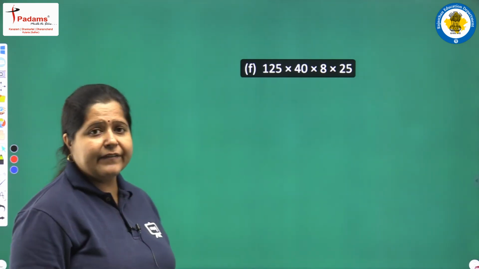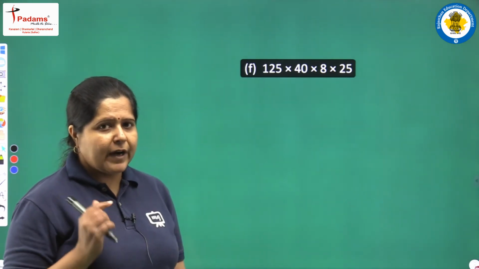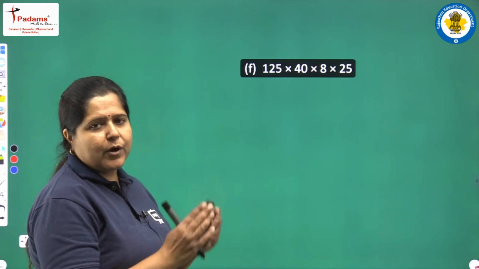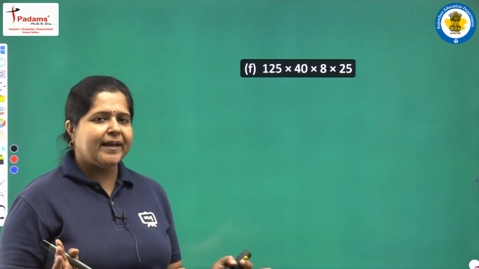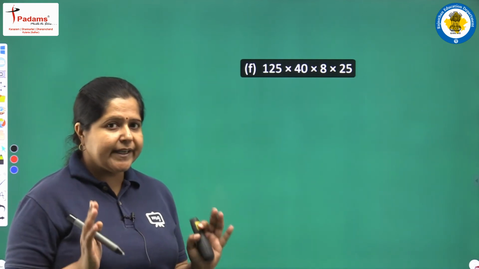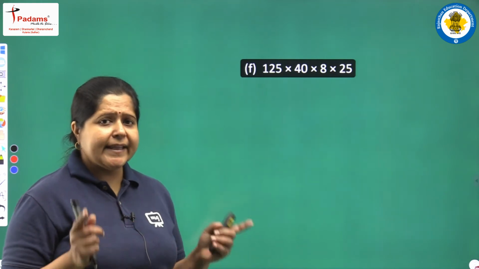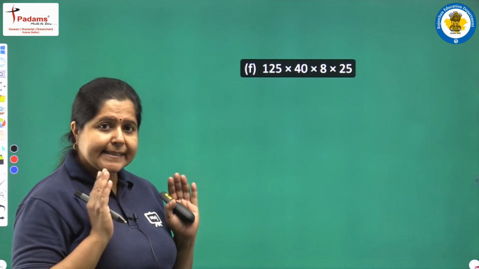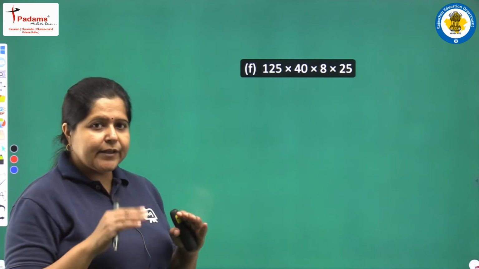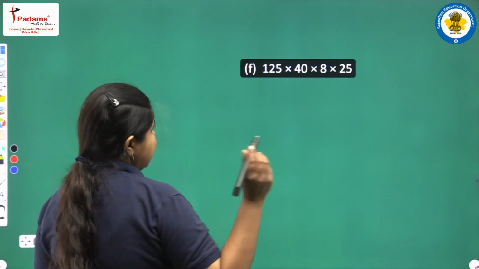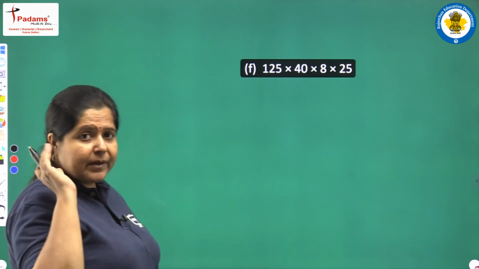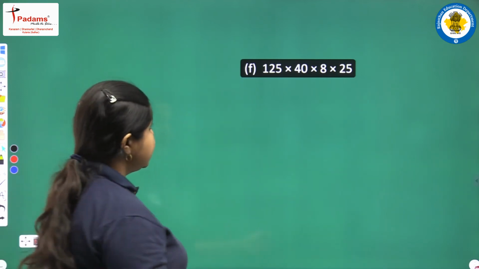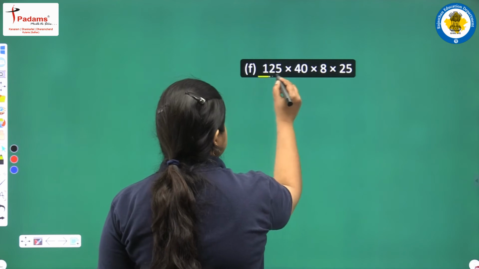Here again we are having 4 numbers. One way is to multiply all the 4. Obviously that will be time consuming and a lengthy method. We need to find the answer quickly and that too easily. So we need to pair up numbers in such a manner that we get zeros at the end. Just have a look. I asked you to remember 2 products. They will be applicable here.